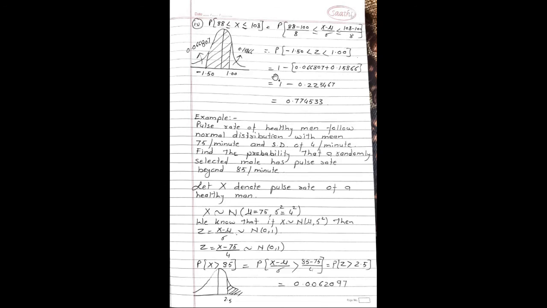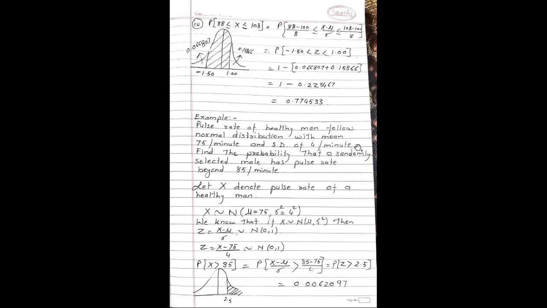So the answer is equal to 1 minus 0.066807 plus 0.15866, which is equal to 1 minus 0.225467, which can be considered as 0.774533. Next example. Pulse rate of healthy men follows normal distribution with mean 75 per minute and standard deviation of